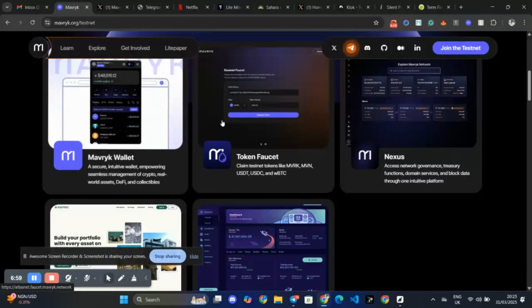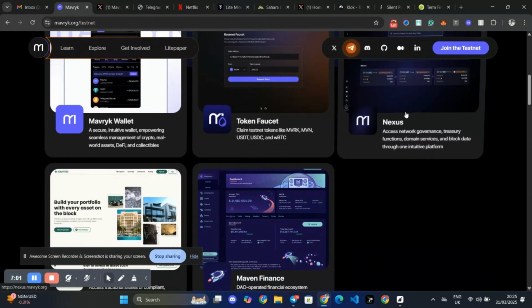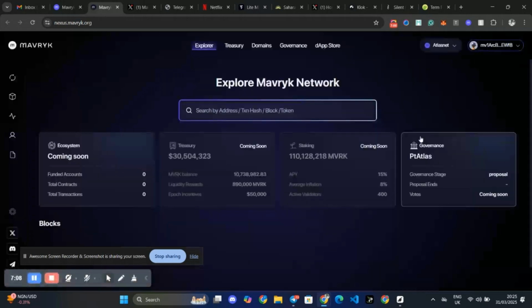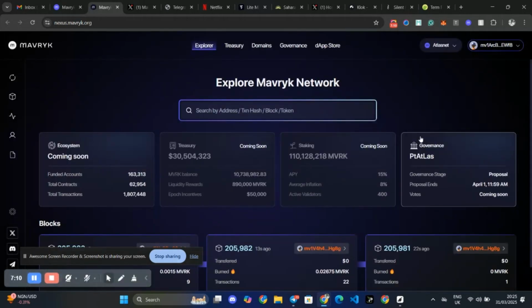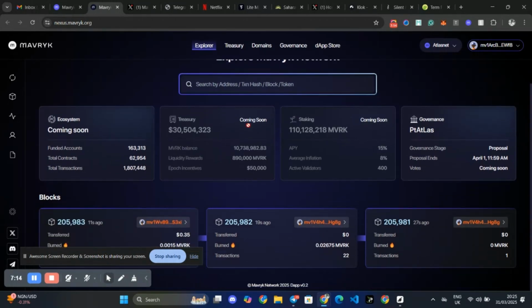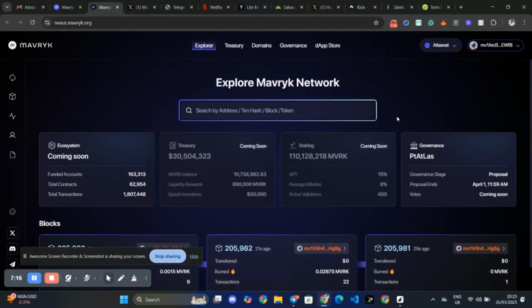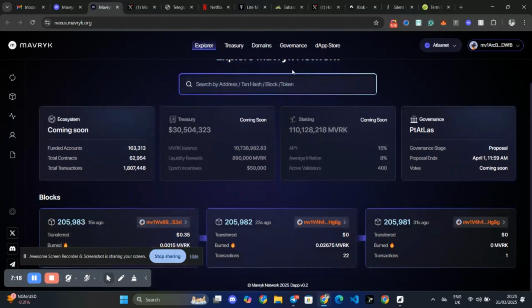So we're done with the first one, we're done with the second one. We'll move on to the third one. So this is like an explorer, a blockchain explorer. So all you have to do is to see, for example, if I paste my wallet address